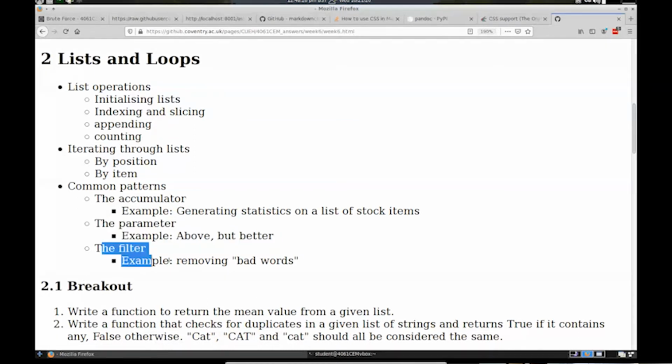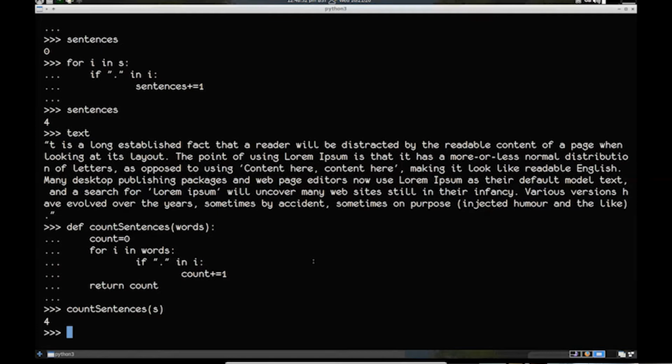And then the last sort of thing that I'll do is the filter, which is another common thing. So we've seen the accumulator. We've seen it using a list to pass a sequence of things into a function. That's also very common. You know, here's a bunch of stuff to process. Go and process it, or go and give me some aggregate data, whatever. The other one is to filter things. So you return something that is maybe shorter than this, has fewer things in because it's taken some of them out. Quite good in sanitization,